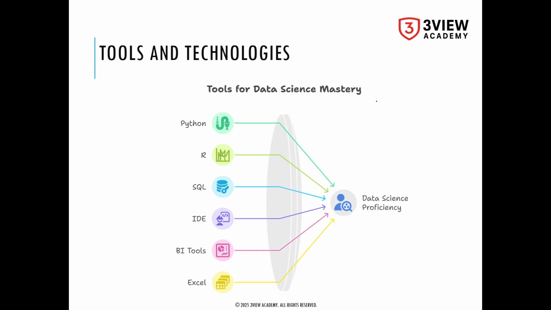The tools and technologies which we are going to use, as we discussed already, is Python, because this course name is itself Python. Python can be used in data science, for coding, for AI, for machine learning, for statistical analysis, everywhere. That is why Python is the most dominating language for data science.